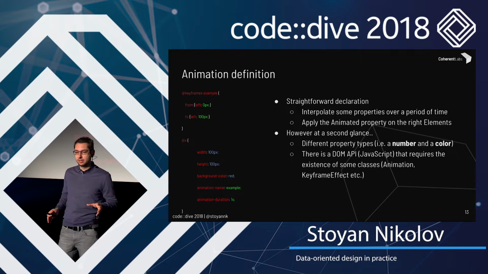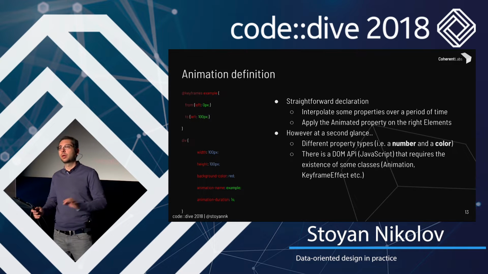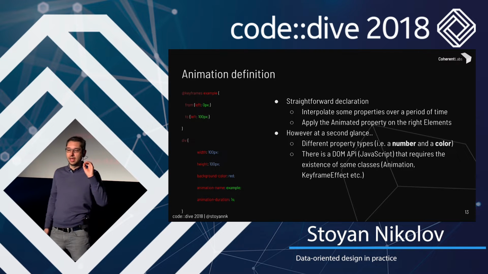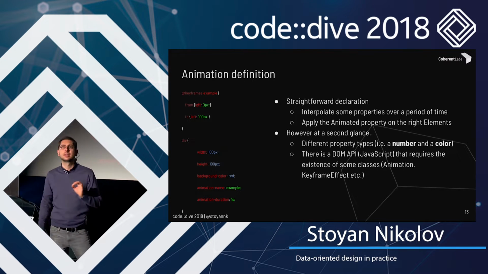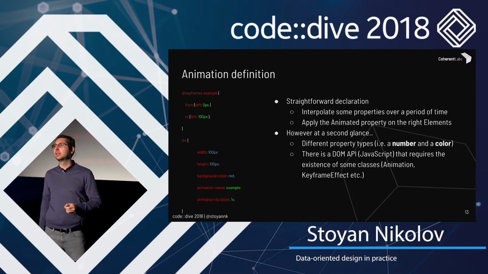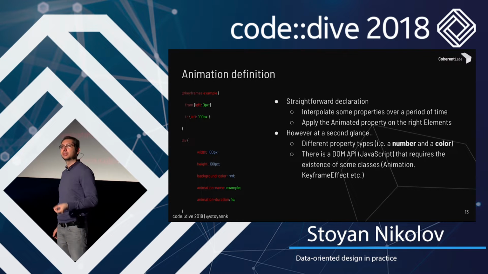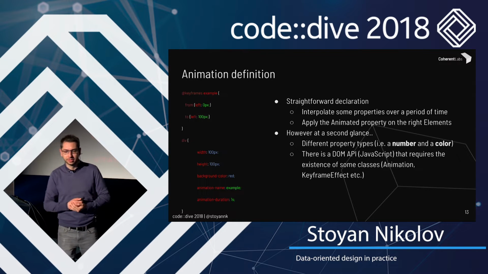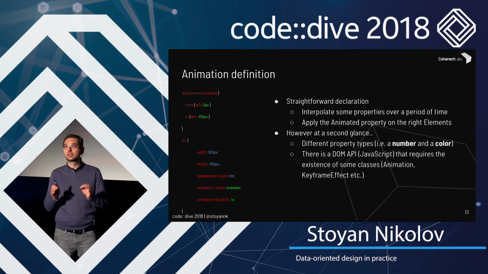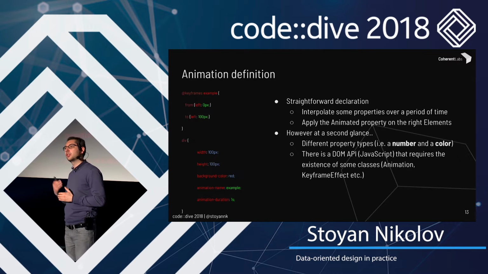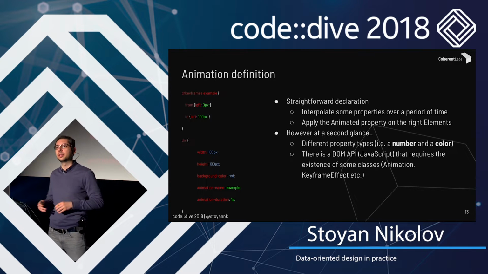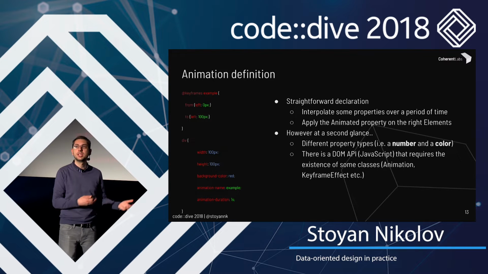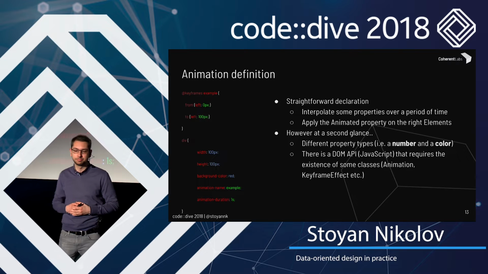We already see that there are some important considerations for us when we design this system and make it work. The first one is that we can animate different types of properties. You can animate a color, a matrix, a simple number, and so on. And you have to deal with this when you implement the system. Then, these definitions are not cast in stone. While the application is running, the user can modify it. There is an API that allows the user to change, for instance, the duration of the animation or some keyframe. So you have to take that into account as well.